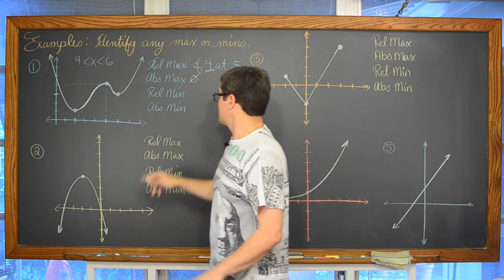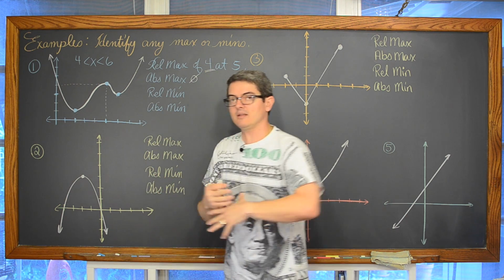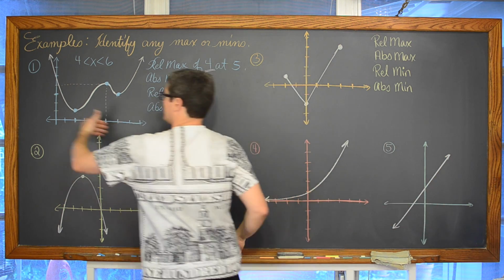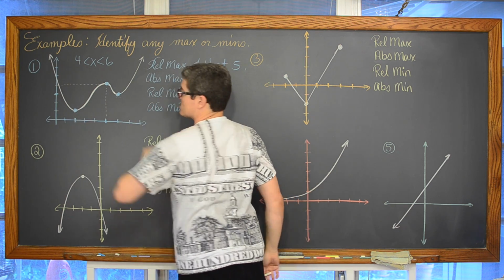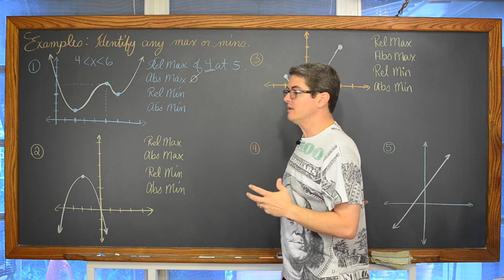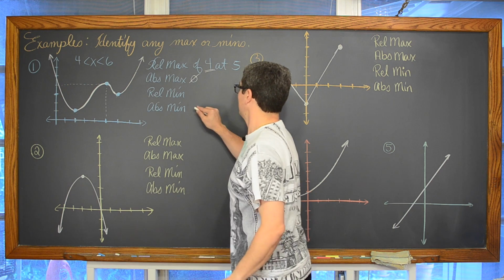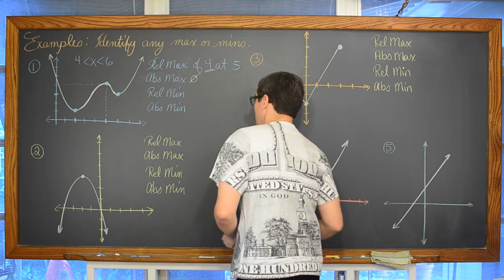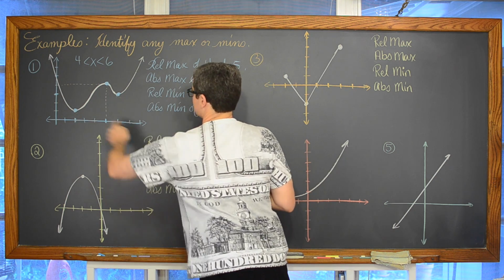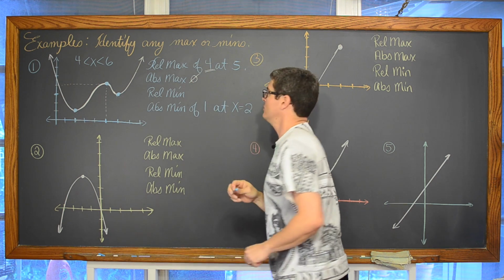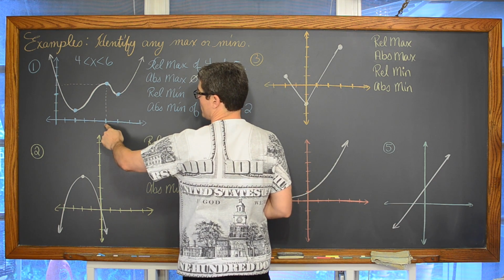Well, 1 is less than 3. So the 1 is going to be an absolute min for that entire graph, and the absolute mins are about looking at the entire domain of the graph, including all of the x values from negative infinity up to positive infinity. What's the smallest y value that is included in that graph throughout the entire domain? And that's going to be 1. So we have an absolute min of 1 at x equals 2.